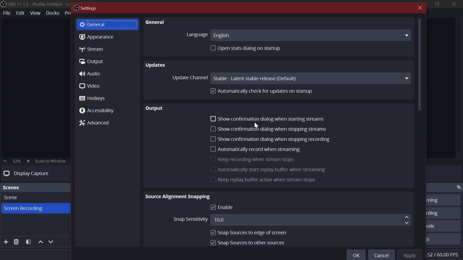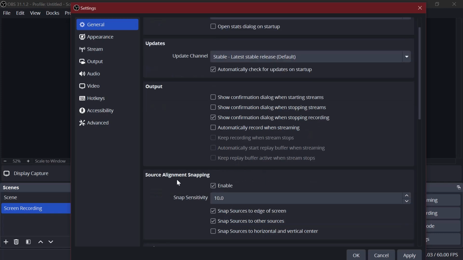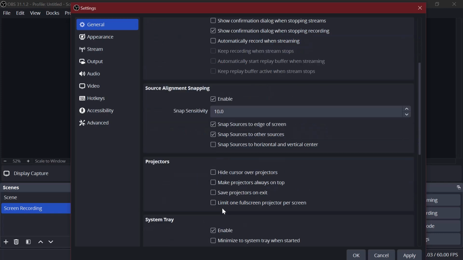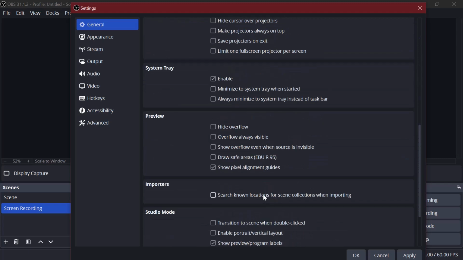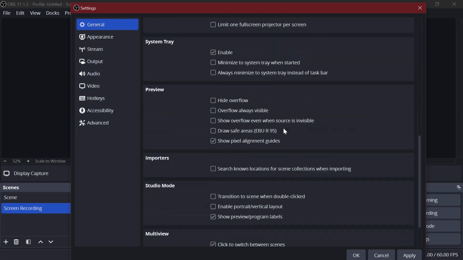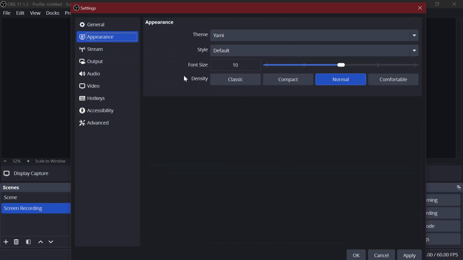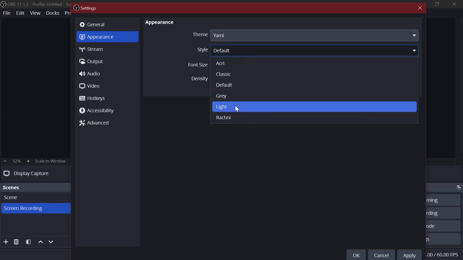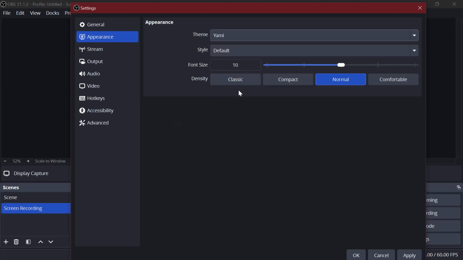Now for output, we have show confirmation dialog when starting streams, show confirmation dialog when stopping, show confirmation dialog when stopping recording, and automatically record when streaming. That's an option. We also have source alignment, snap sensitivity, projectors. You could simply play around with all of these before you start screen recording for your channel or whatever use you have for the screen recording. Just make sure to go through the general settings. And then for appearance, we have the theme. You can change the theme, you can change the style, you can make it light,